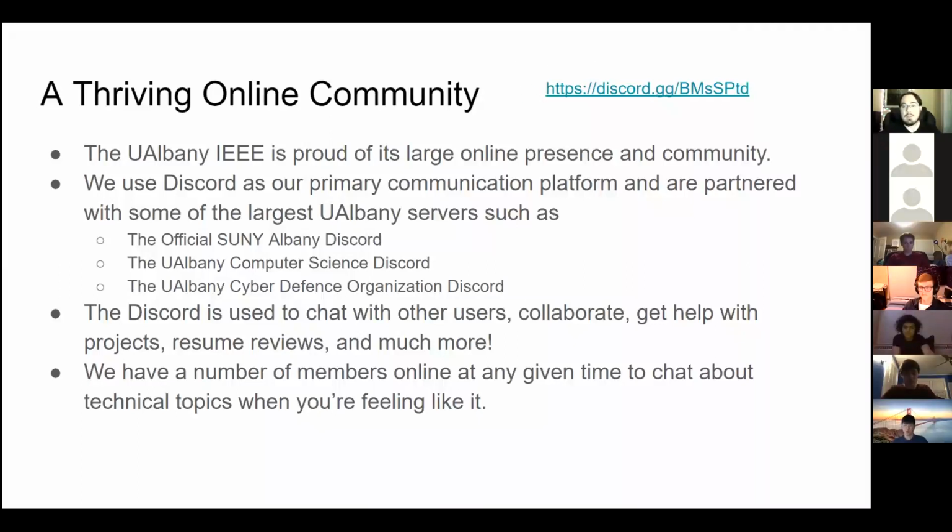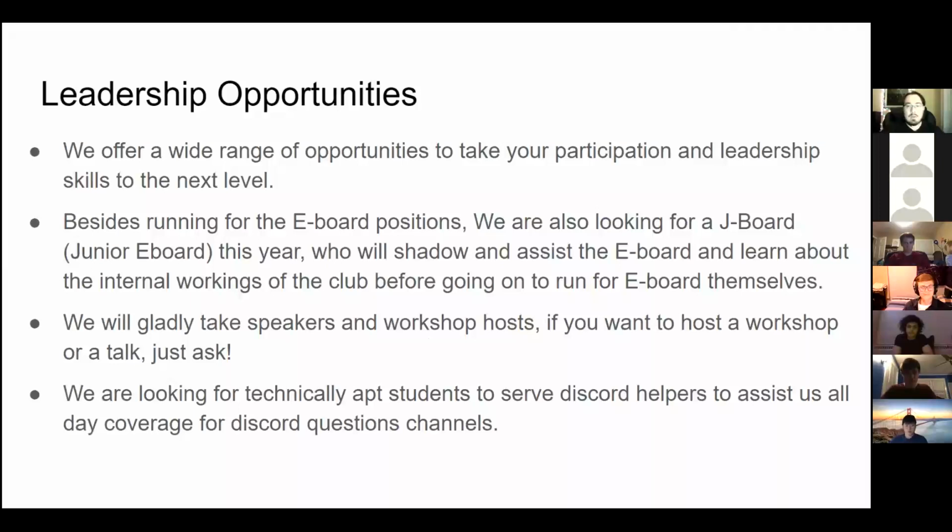So we also have a number of leadership opportunities this semester. As I believe Professor Moulic said at the end there, working in leadership opportunities, organizing the meetings and getting this all together, is a very valuable skill set to have to take your technical skills to the next level, especially if you're planning on being up there in the tech field. You're going to have people under you, and you want to have these meeting arrangement skills and presentation skills. It's not just technical skills that you want. You want to be well-rounded as a technical professional.